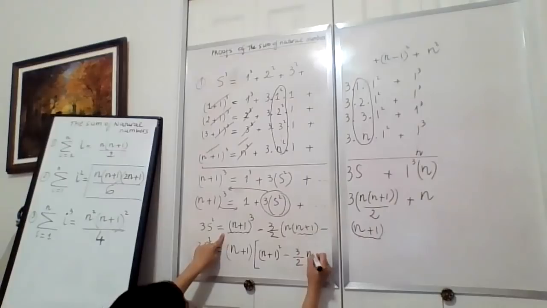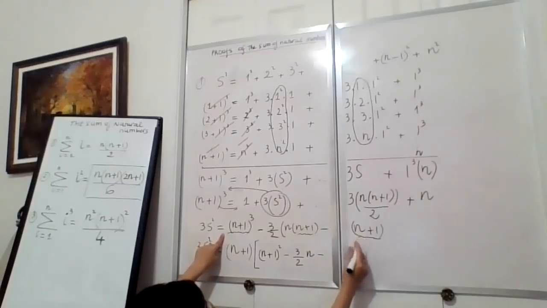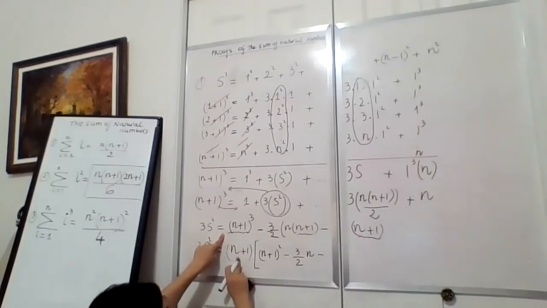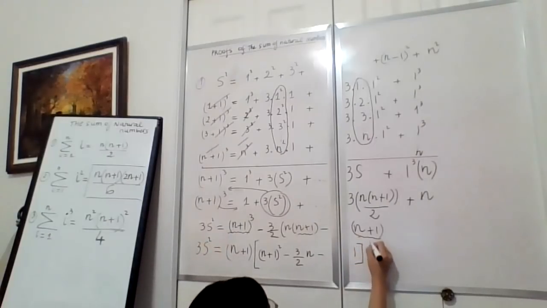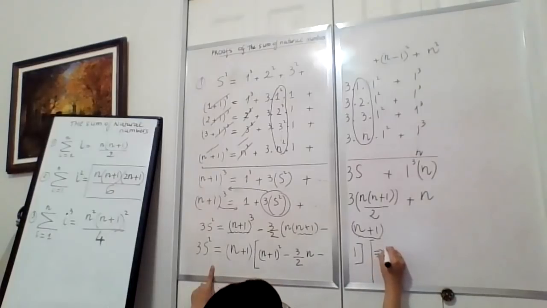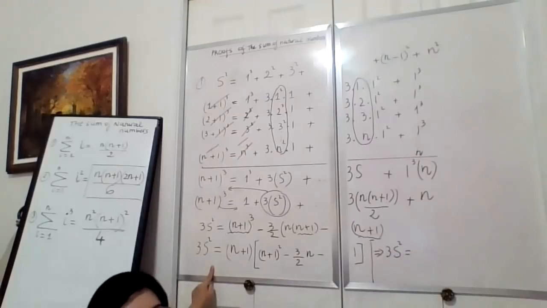So I'm going to say minus 3 over 2 n because this is already here. Minus n plus 1 already here, so just 1. Okay, so I have to simplify this. So I'm going to say this will be equal, therefore, 3s squared will be equal